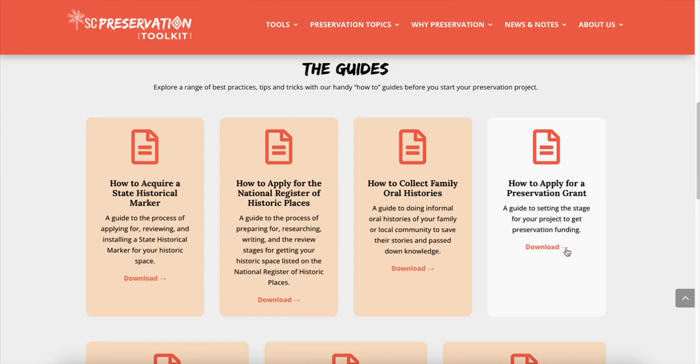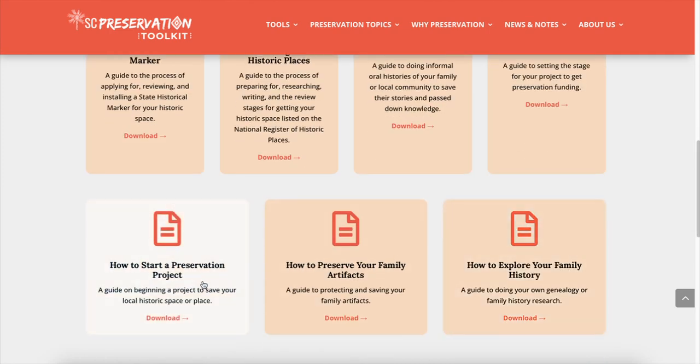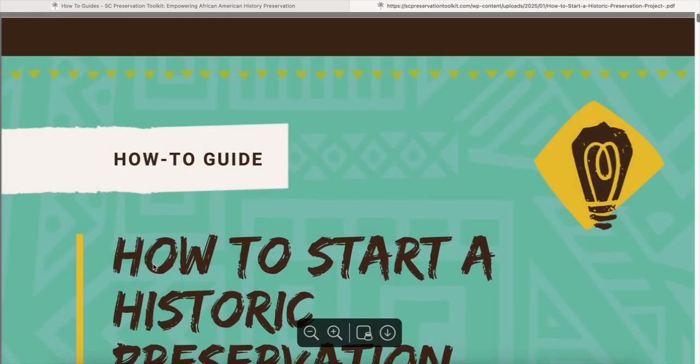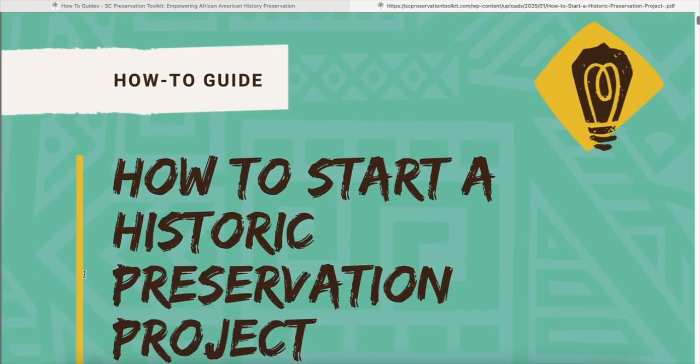We have a guide on how to apply for a preservation grant, how to start a preservation project, how to preserve your family artifacts, and how to explore your family history. Again, those last two are ones you may not think of as preservation, but are definitely included in the definition of preserving. So if we click on one, how to start a preservation project, it will open this PDF here,